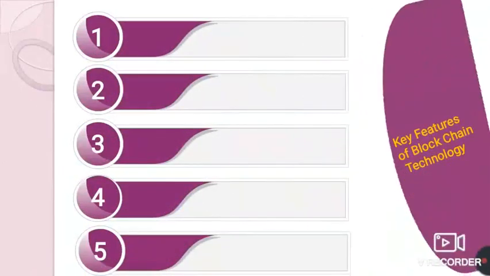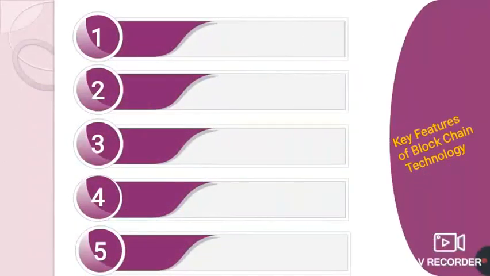The key features of blockchain technology are as follows. First one, cannot be corrupted. Cannot be corrupted in the sense that every node on the system has a copy of the digital ledger. To add any transaction, every node needs to check its validity. If the majority of nodes think it's valid, then only the transaction is added to the ledger, otherwise it is not. This promotes transparency and makes it uncorrupted.